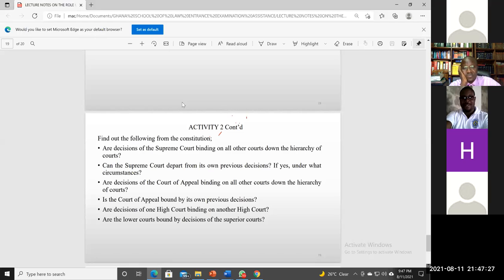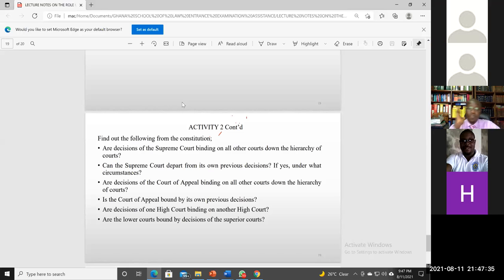And two, is a decision of the Court of Appeal binding on lower courts down the hierarchy of the courts? Yes, the answer will be yes. If you look at the Constitution, you get that. Is the Court of Appeal bound by its own previous decision? Yes, the answer is yes. And if you look at the